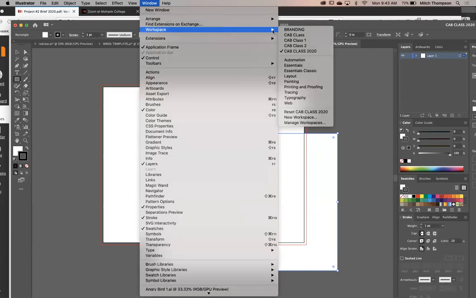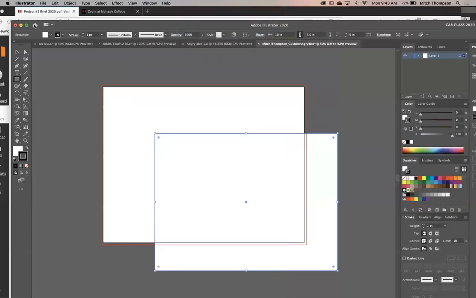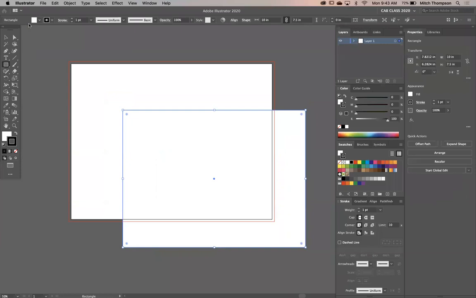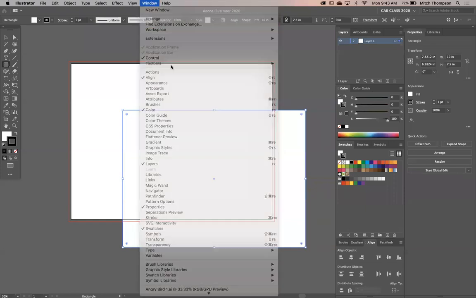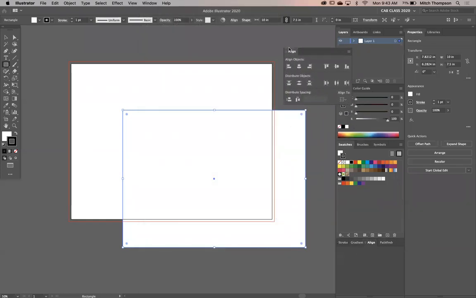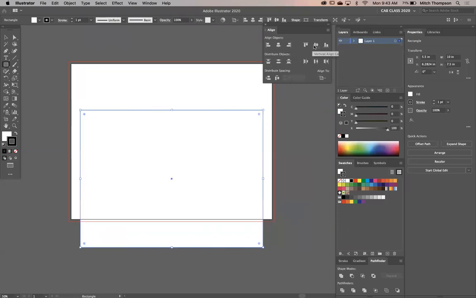Sorry, I keep saying start here, start here, start here. Reset the workspace, and let's get back to base. Okay, hit the F key. Let's go to full screen mode. Awesome. If you don't have a line down here, no worries. You can go up to Window and go to Align. I'll just bring my Align panel up here for a sec. Align to artboard. Okay, so let's do that. We've done that enough now. There we go. Align to artboard. Center, center.